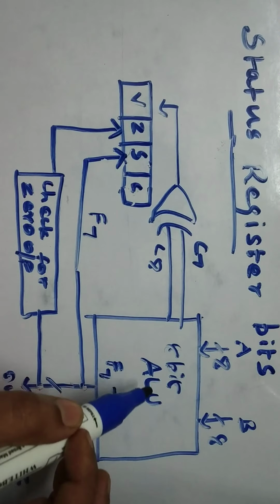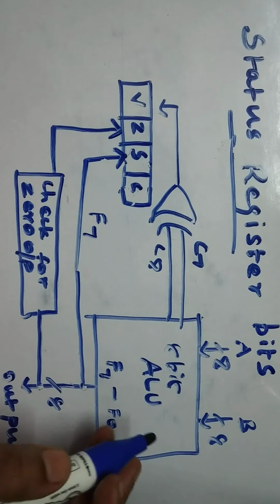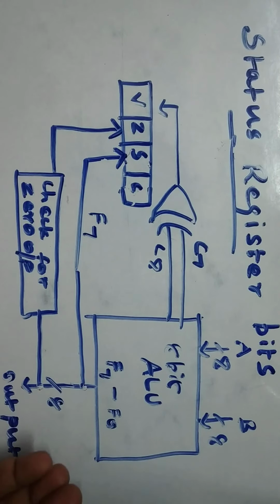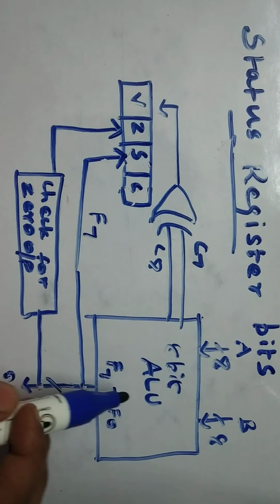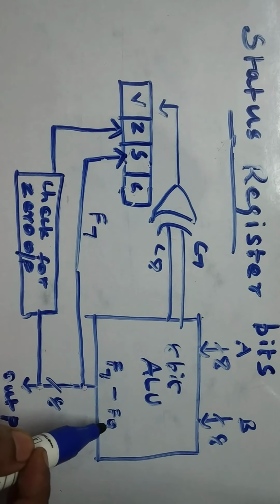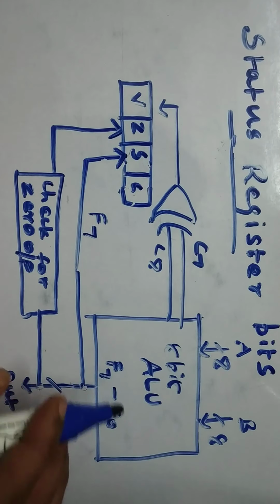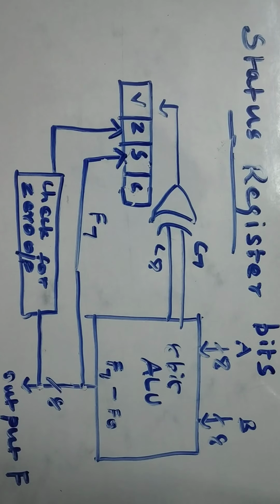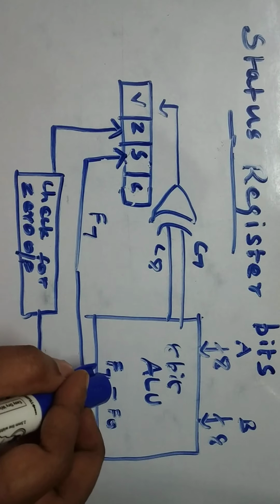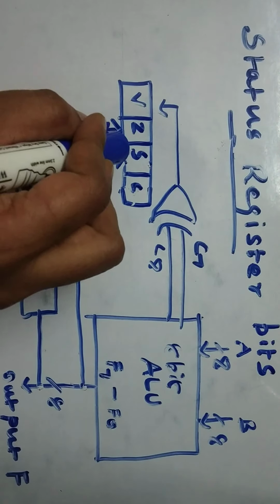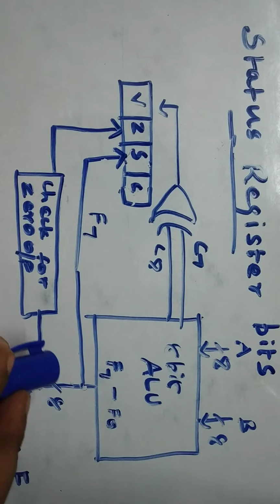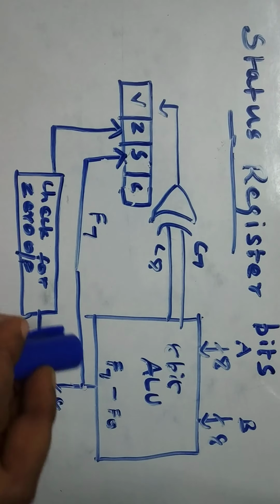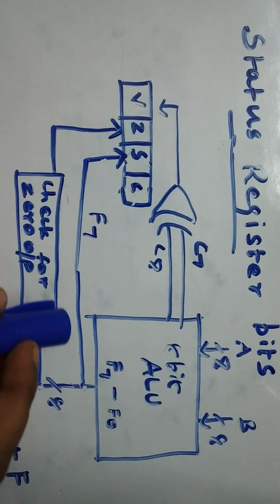In the ALU unit, it is actually an 8-bit ALU. 8-bit ALU means the given input should be in 8-bit format, and whatever result you get will also be in 8-bit. In the 8-bit ALU, the result bits will be represented with the symbols F0 to F7. And what could be the value of F7? That value will be reflected in the sign bit. Obviously in binary, whatever operation you are doing, the value in the leftmost bit of the final result will be considered as the sign bit.